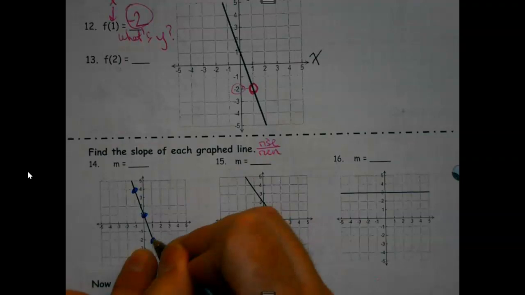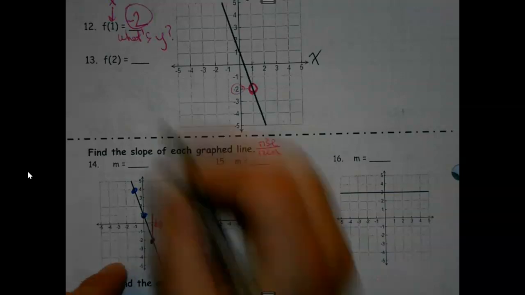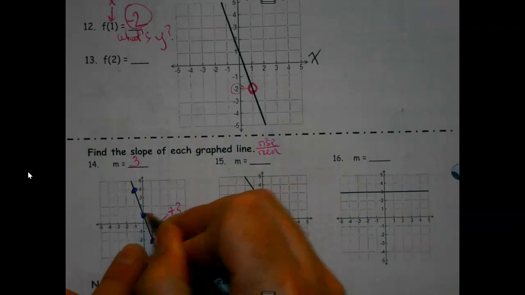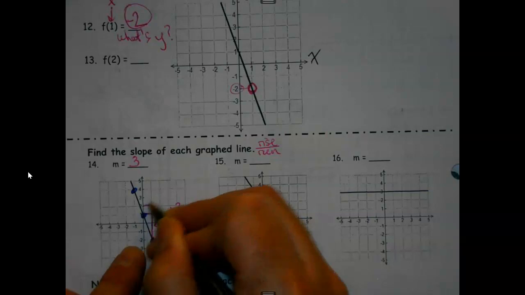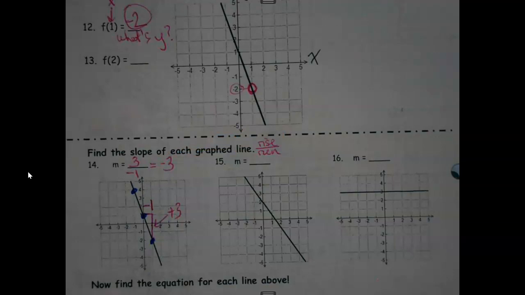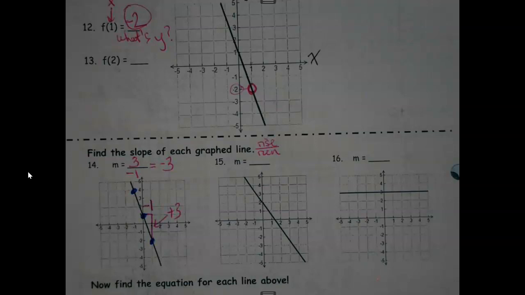Okay. So rise, 1, 2, 3, 3, over, run. Pay attention to what direction you're going, though. I went left 1, which is negative. I'm good. I mean, I could say that's -3, because 3 divided by -1 is -3, but I'm perfectly willing to take either of those. You just got to pay attention to your directions. But then it goes, oh dear,